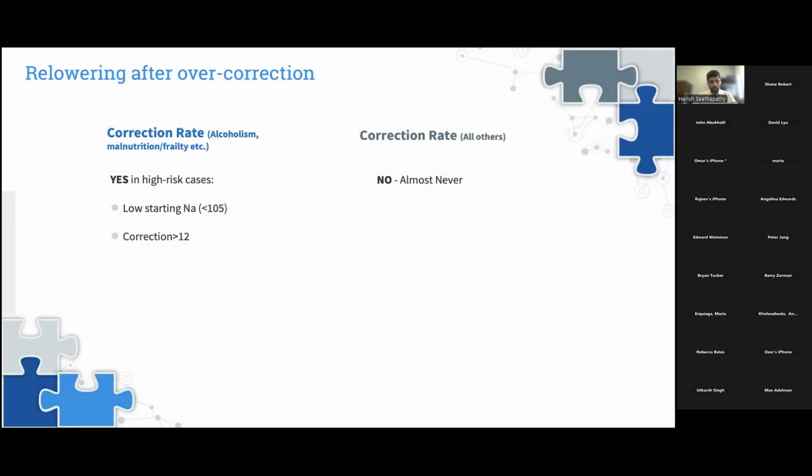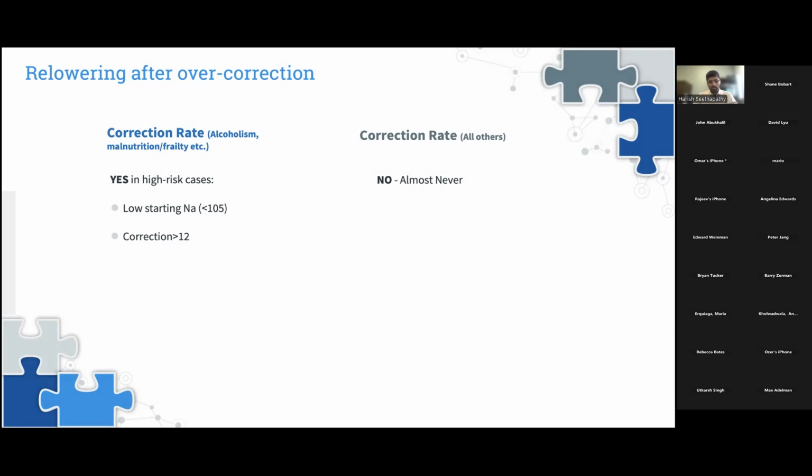And do I bring it back down? Yes, I do think if you reach those correction rates of 15 to 20 in high risk patients, you should really, really consider bringing it back down to at least below 12. However, I don't think it really supports it if you have a goal of 10 and it reaches 11, do you really bring it down to 3 or 4 and then have to start back again, which is what happens in a lot of cases. I don't think there's a lot of data to support that, but I would think about bringing it back down in very high risk patients.